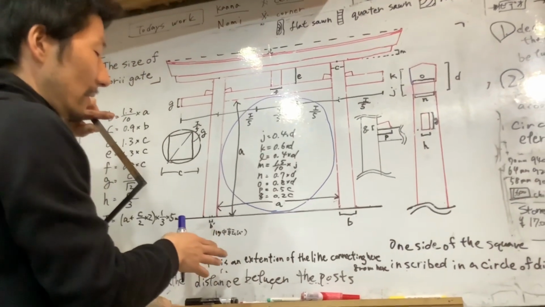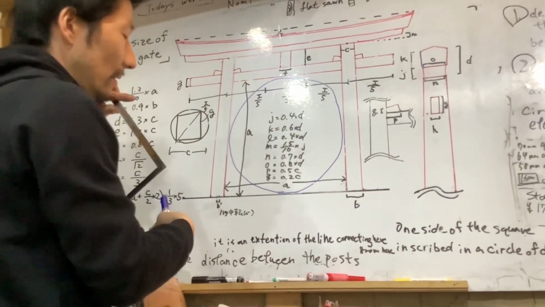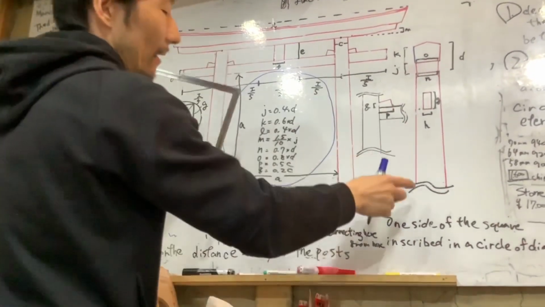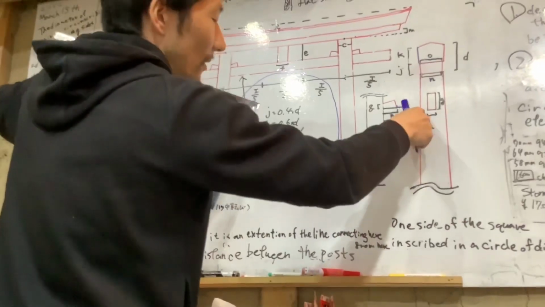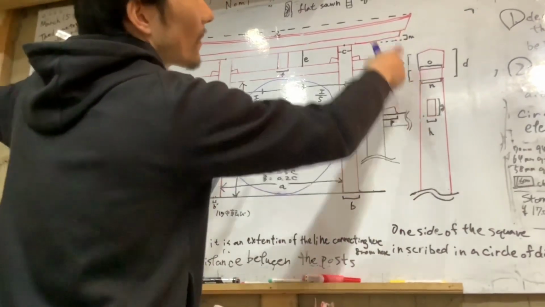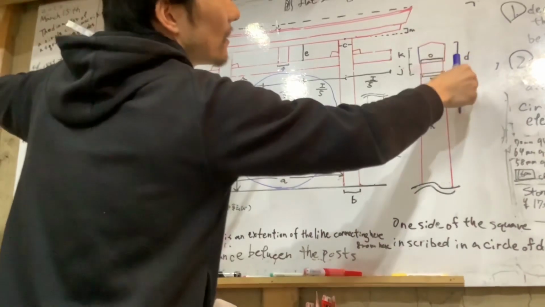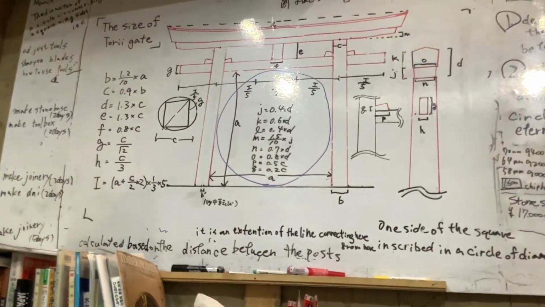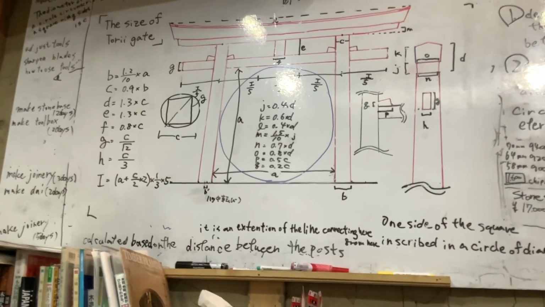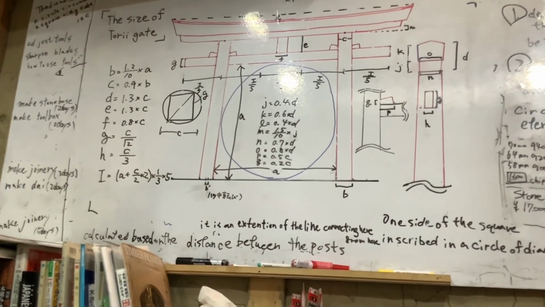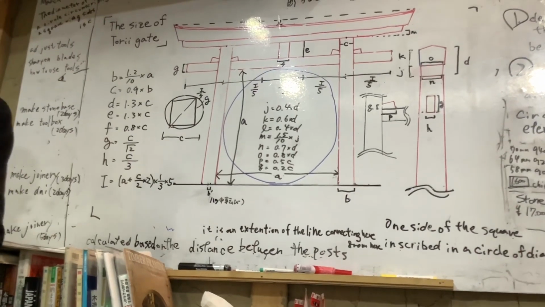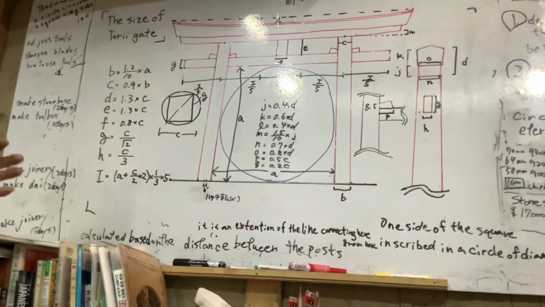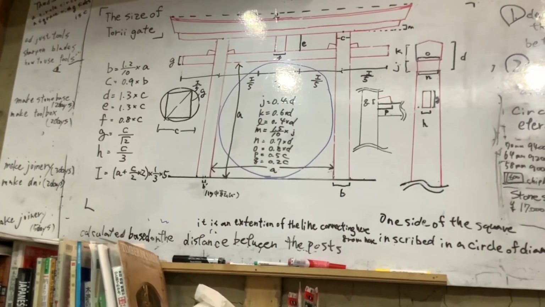It is an extension of the line connecting here from here. Okay, this side is same. Okay. This is almost the size of torii gate. So anyway,